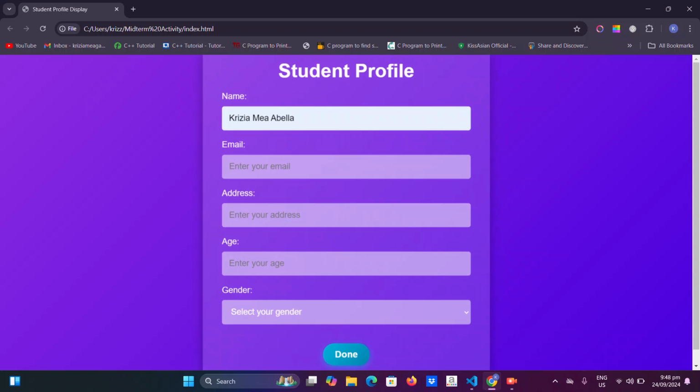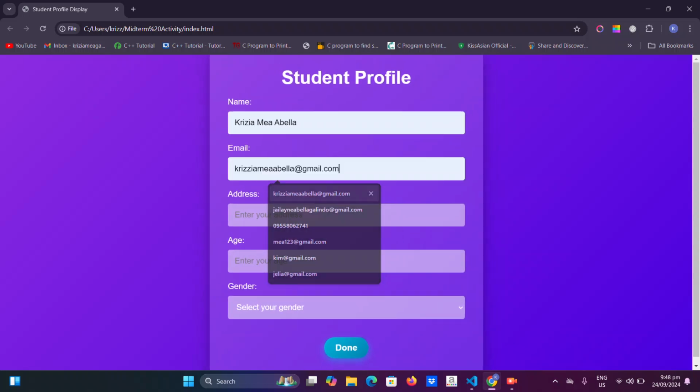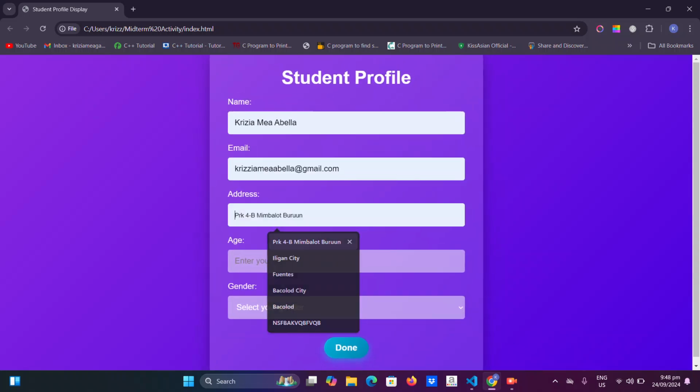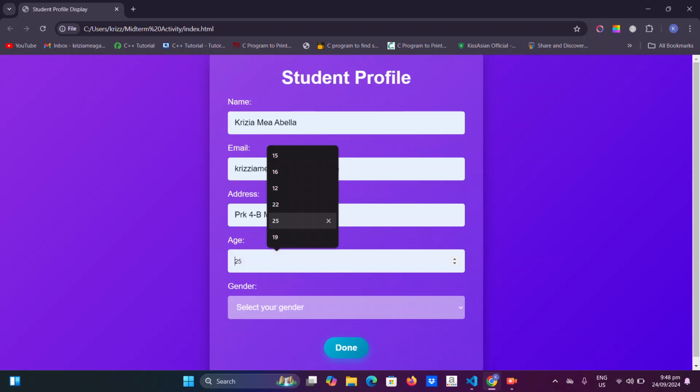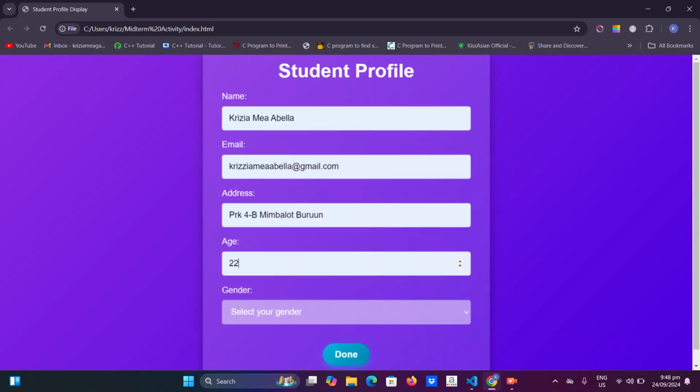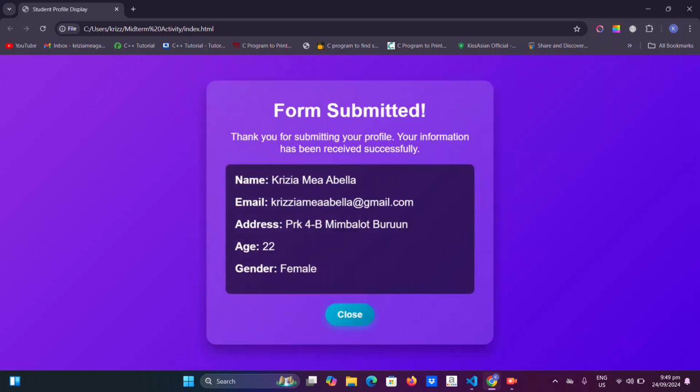So enter email. So after the user fills in the information, I click done. Then this will be the form submitted.